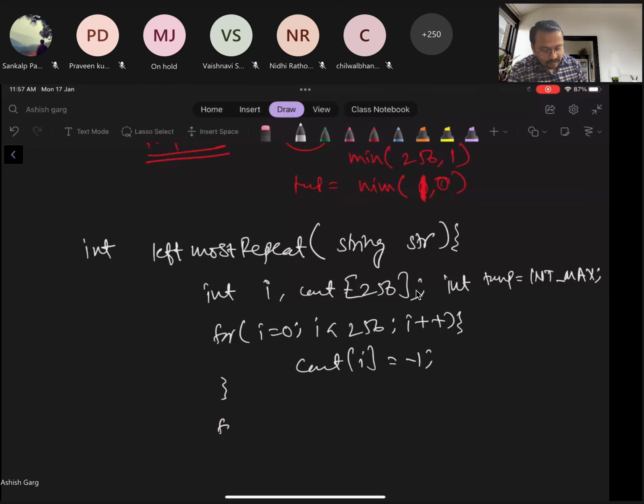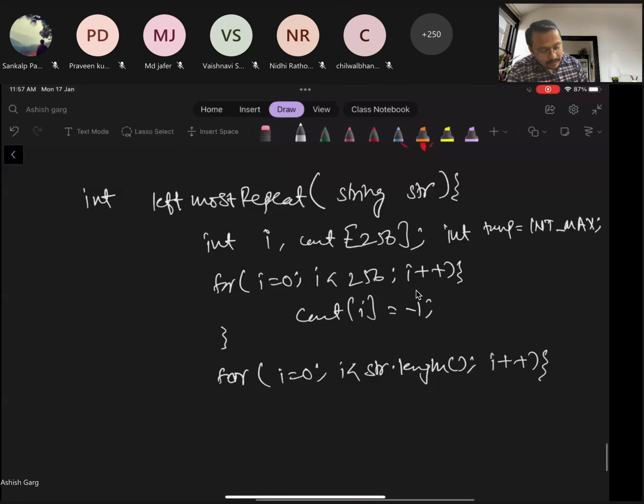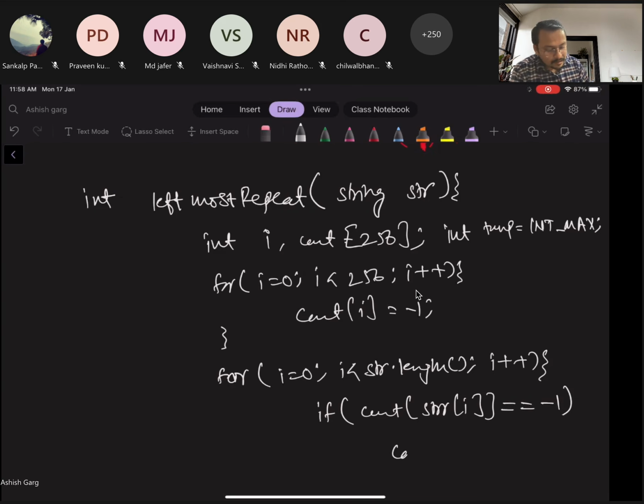Now for i equal to 0, i less than str.length, i plus plus, if count of str of i is equal to -1, then count of str of i is equal to i, because we are storing the index, not plus plus.